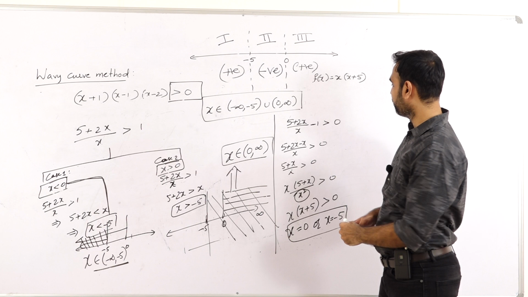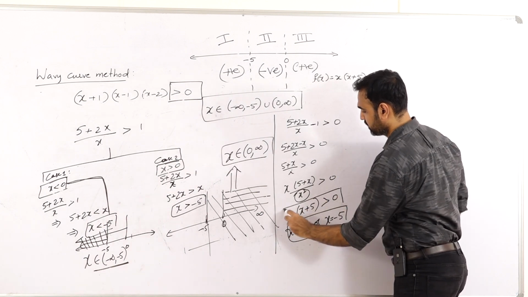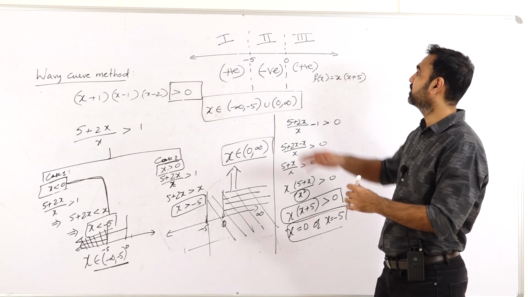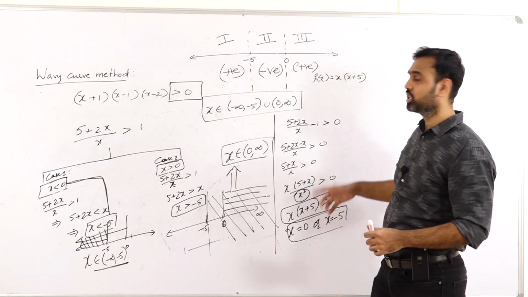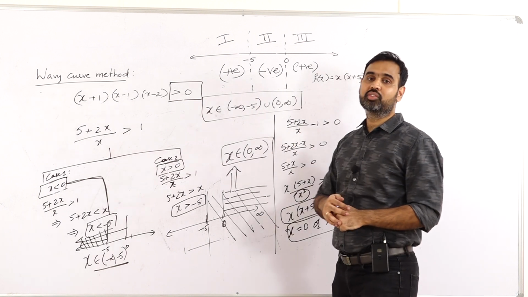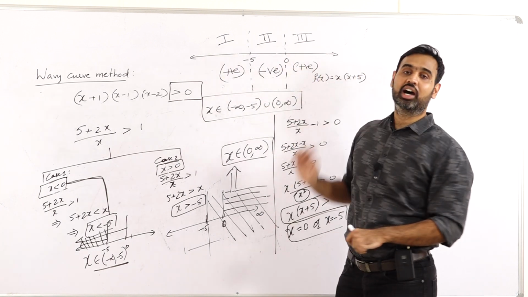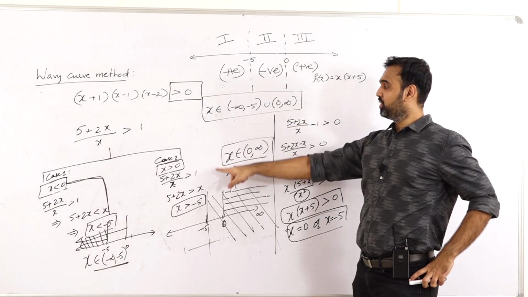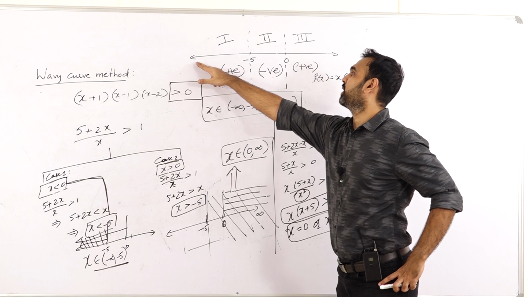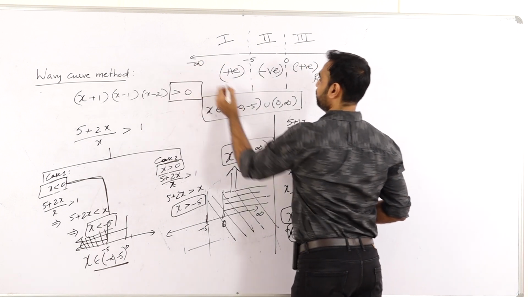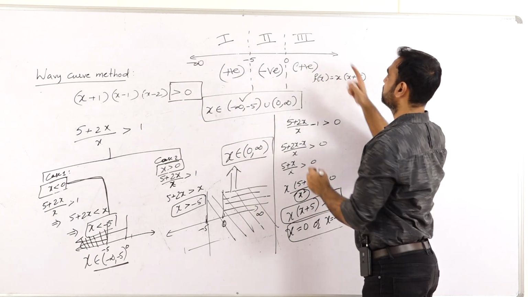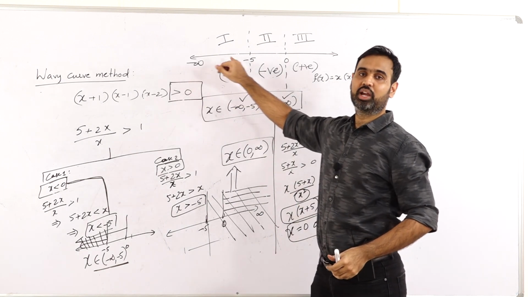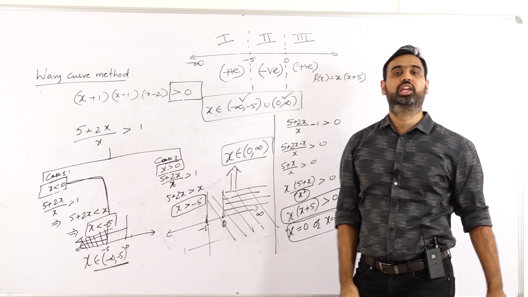Now what is the final inequation that we are solving for? Look at this. Greater than 0 region. So what are the regions here which are positive regions? Greater than 0 means positive. So which are the positive regions? This and this are the positive regions. Is our answer matching with the previous answer? Look at this. This region is minus infinity to minus 5, correct? Which is matching with this. And this region is 0 to infinity, which is matching with this. So the answer is minus infinity to minus 5 union 0 to infinity.